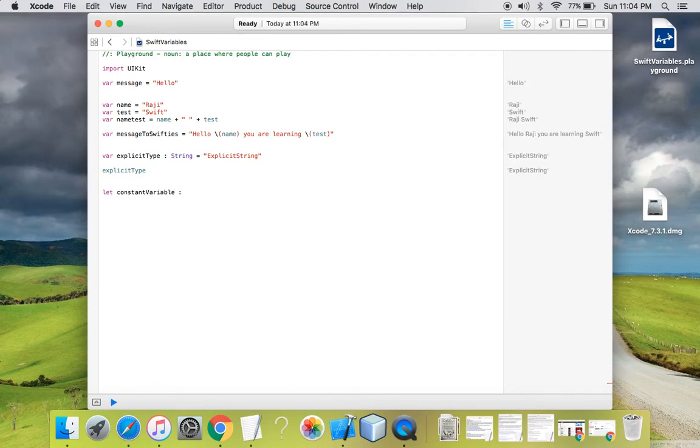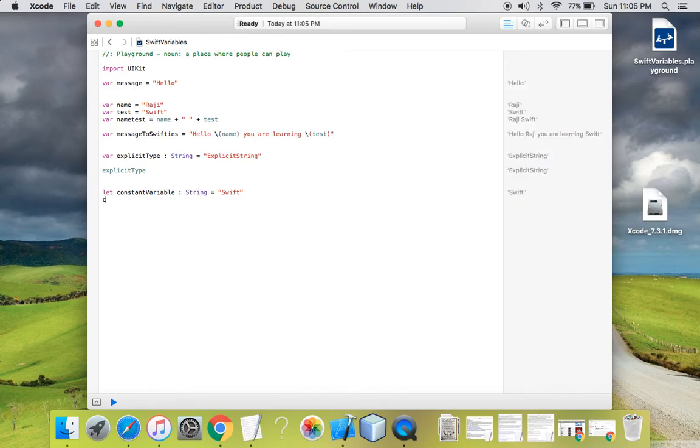I have created a constant variable, I'm putting its type as string, and I'm assigning it a value of Swift.